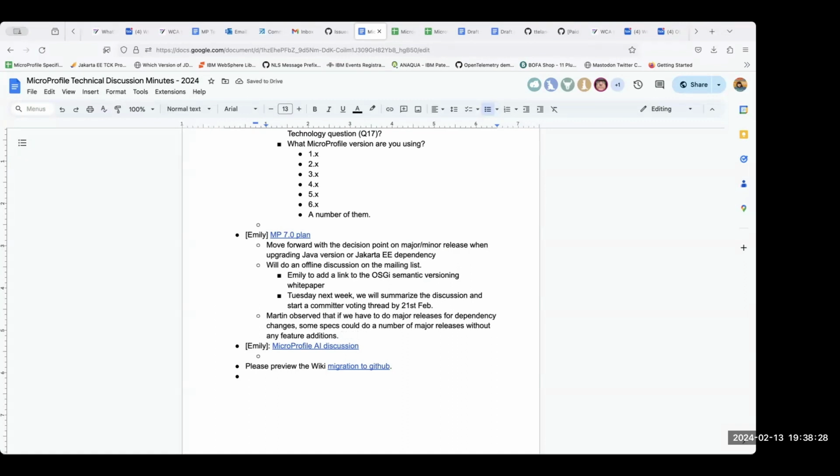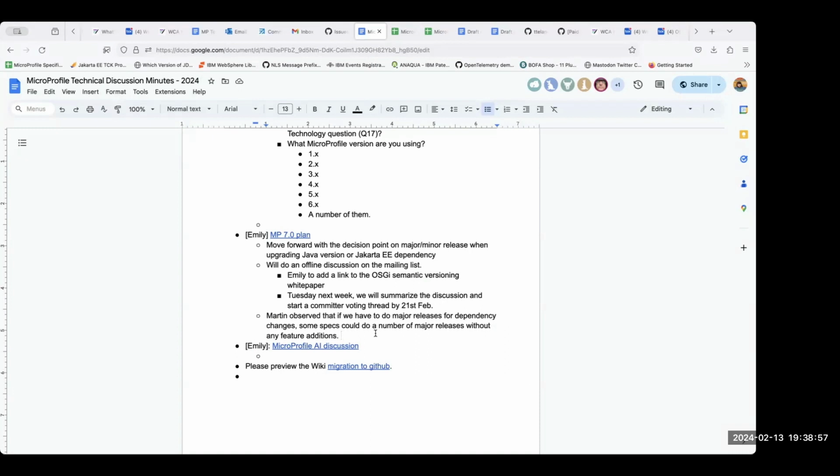Totally understand. So that's why we haven't settled on this. There's no obvious winner here. I will link to the white paper, we will all think about this week, and by Tuesday next week we will summarize it again. Then we probably have to do a committee vote.